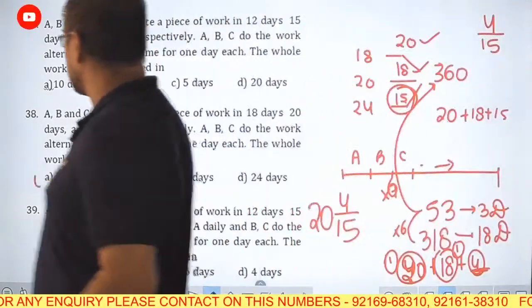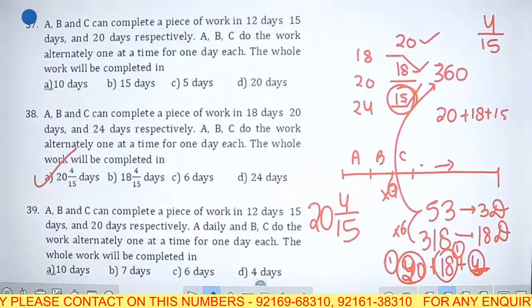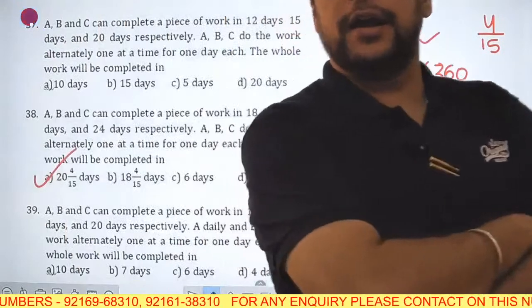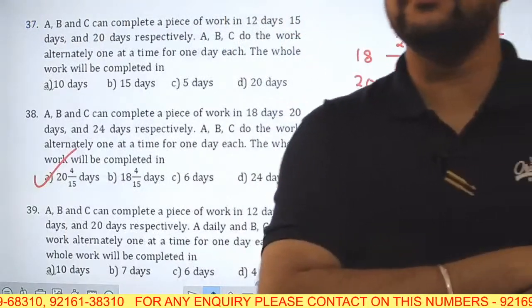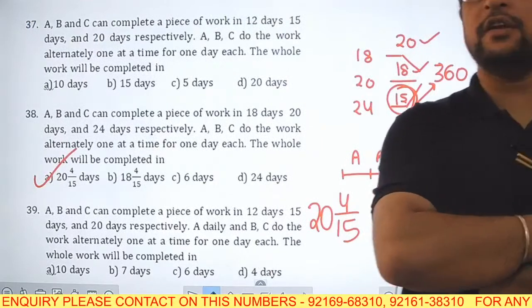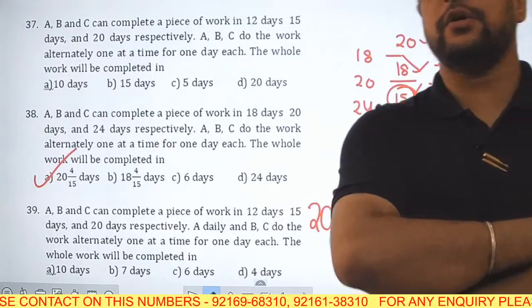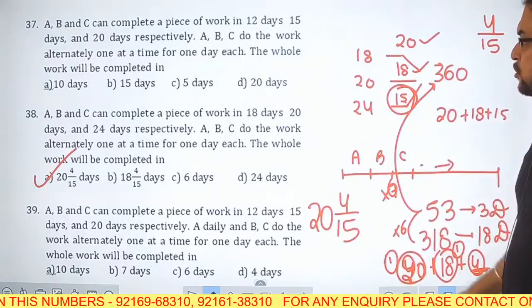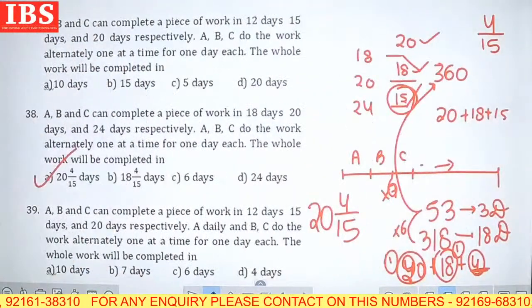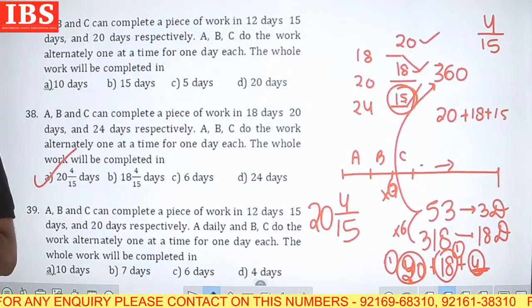For 38, A option is the right answer, bache. So for 38 correct, Madhu says 24 by 15, Purna 24 by 15, Nandini 24 by 15 correct answer, Netra 24 by 15 is correct. Okay, so this way, bache, the 38th question will have the answer as A option. I hope it is clear to all.